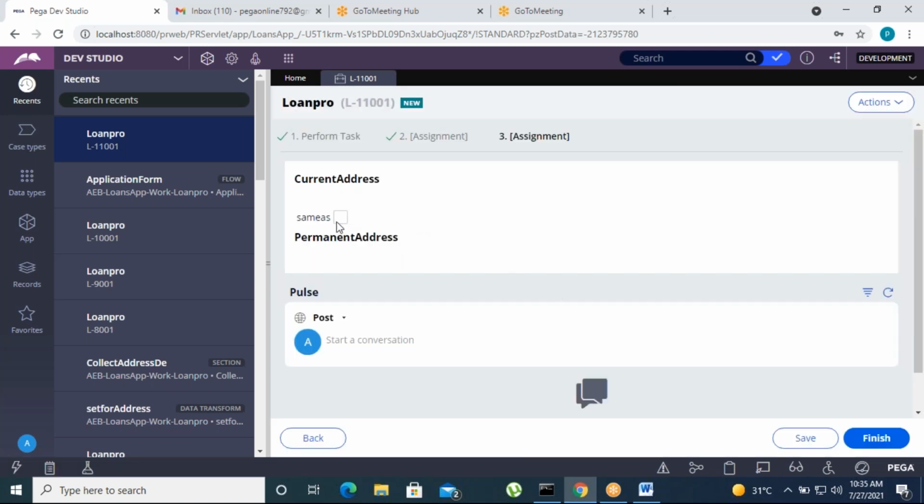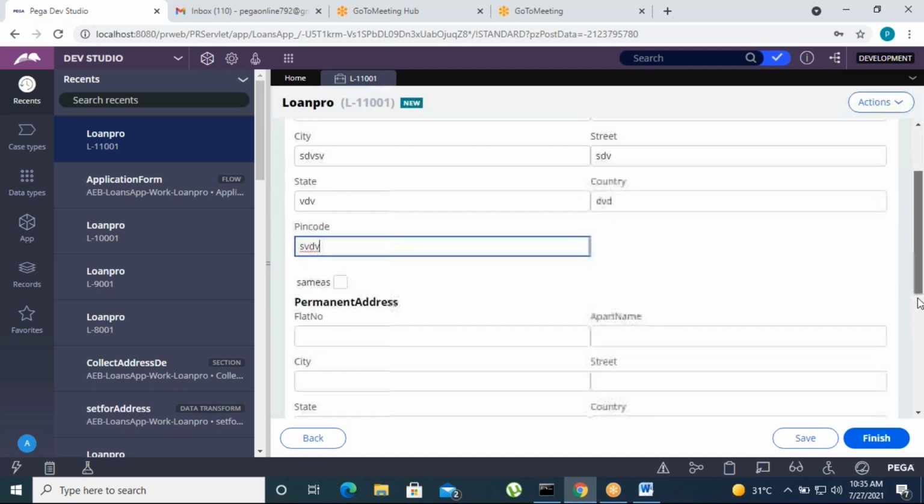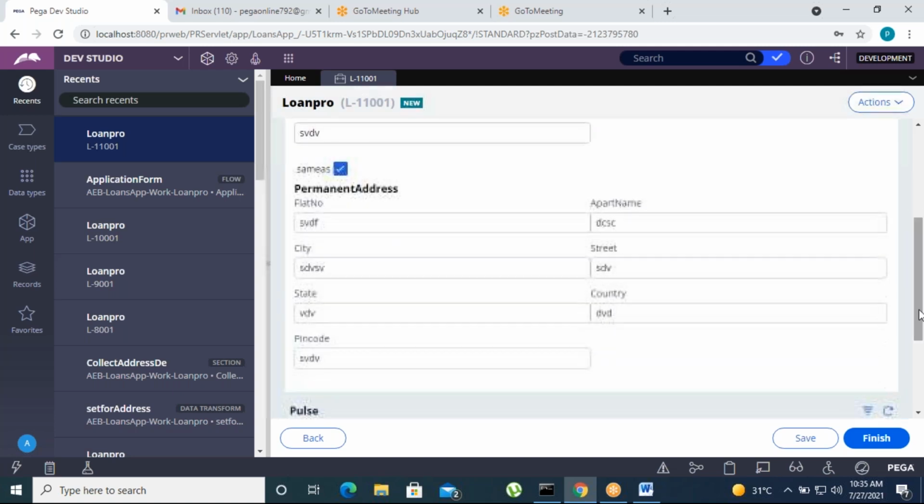In the third screen, this is the current address and the permanent address will be there. The customer enters the current address here. If the permanent address is the same as the current address, there is no need to enter it again. Just click on the checkbox. The data will be transferred from the current address to the permanent address. This is all. The data is transferred now.